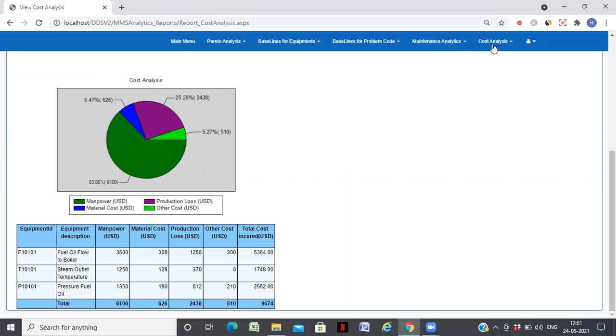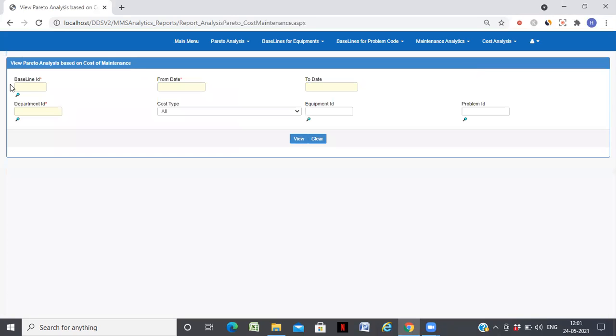So you can look at these, and then you also have a Pareto based on cost of maintenance. So this will tell you which equipment has cost the most for each department.